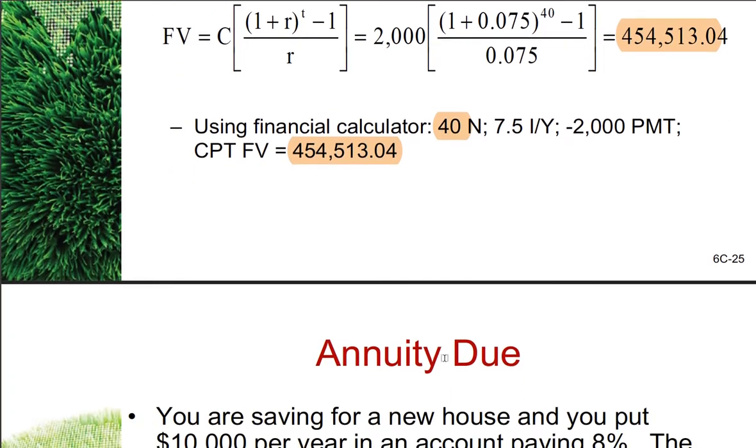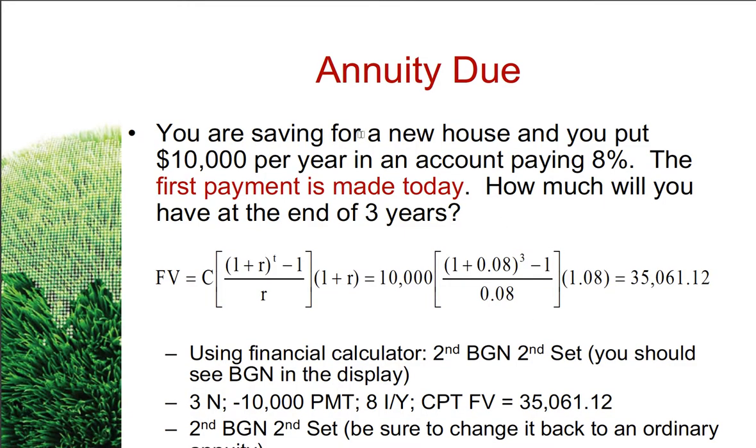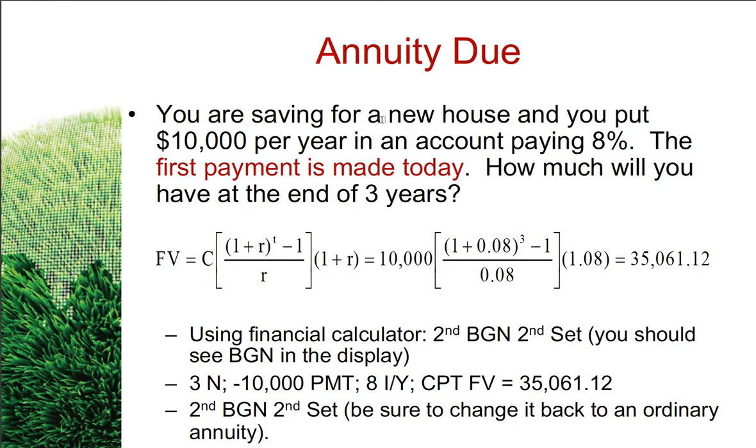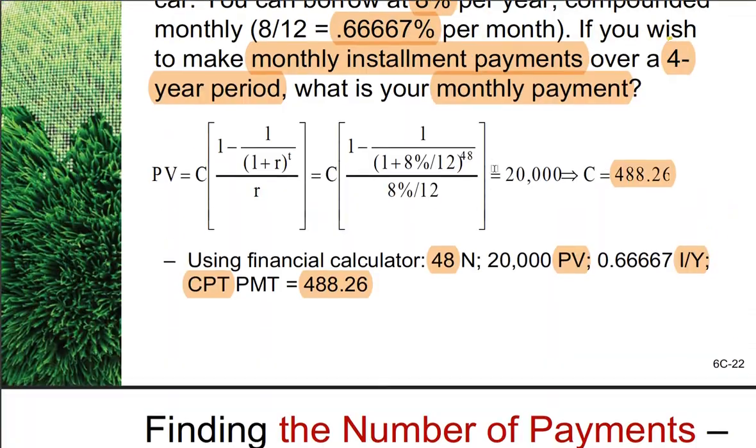All right. Okay. Now we go for the concept. We learn about annuity due and ordinary annuity. Okay, so now we go for annuity due. In annuity due, you are saving for a new house. You put 10,000 in an account at 8%. Okay, this is very simple. But the payment is made today. Okay, today is due. Meaning that the number of periods, when you see the timeline,